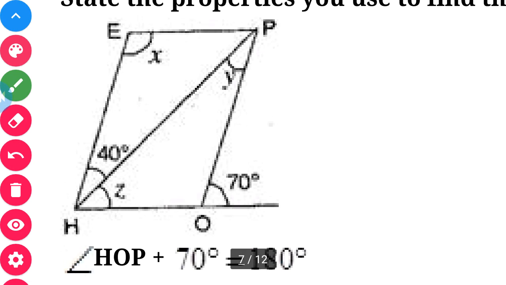Okay, this is a bit clear now. So here if you just see, I can find this angle. This becomes my 110 degree, by the linear pair. Why? Because we know that it is the supplement of 70, which becomes 110 degree. Okay, so here if you just see, opposite angles of the parallelogram are equal. So by using this property, x also becomes 110 degree.